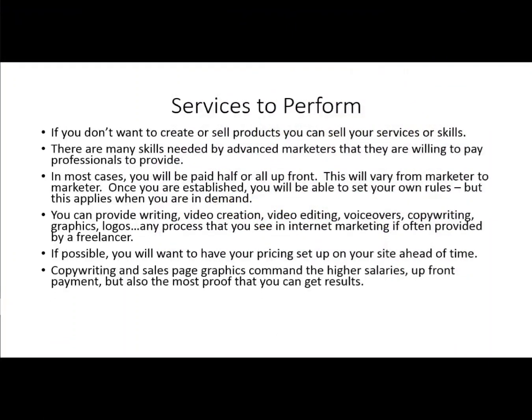You want to be aware that copywriting, sales page graphics, everything that's close to the sale, those things are going to be commanding a higher price. So if you know how to do those things, you can get paid instantly. Now, if you don't have those skills, that doesn't mean that you can't perform a service where you are going